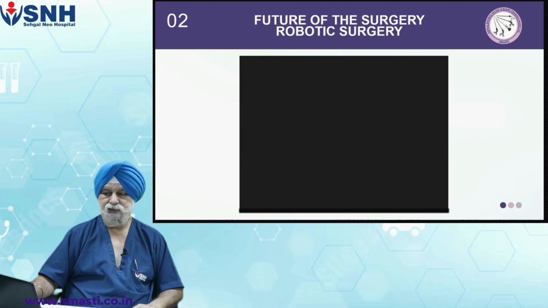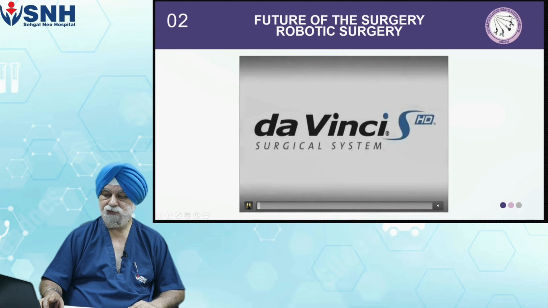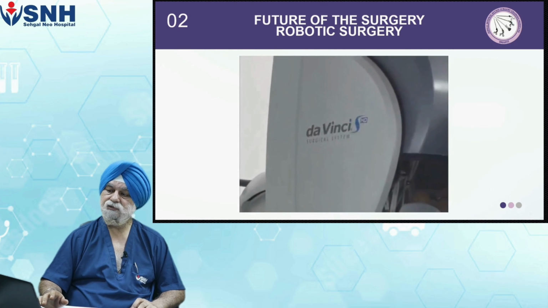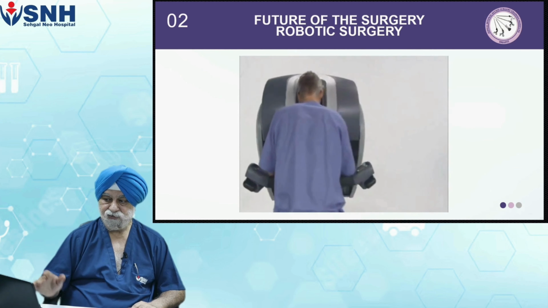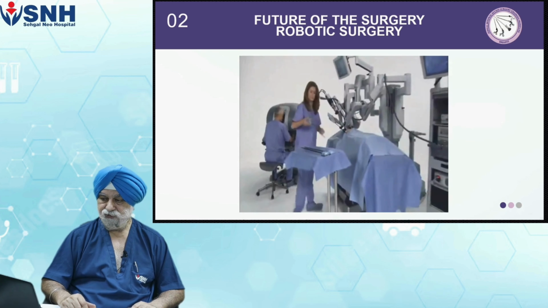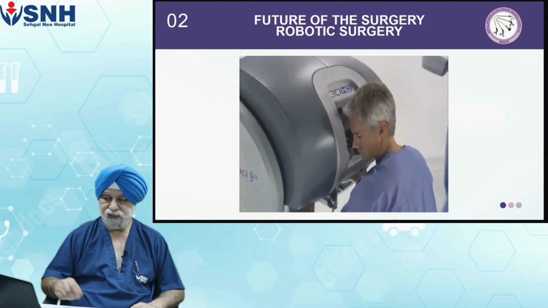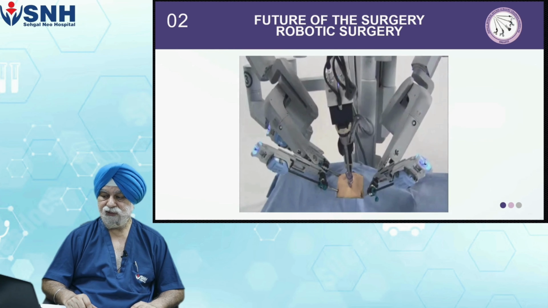So what I just described to you, I'm going to show you in a small video. This is the Da Vinci surgical system, SHD. Now they have an XI system also. And most of the patents of the Da Vinci have now expired. This is the master console where the surgeon sits and operates. This is the patient side cart. And then there is a patient side surgeon who has done the docking and who is giving in the instruments. And then there are master controllers in the hands of the surgeon who is sitting at the master console.